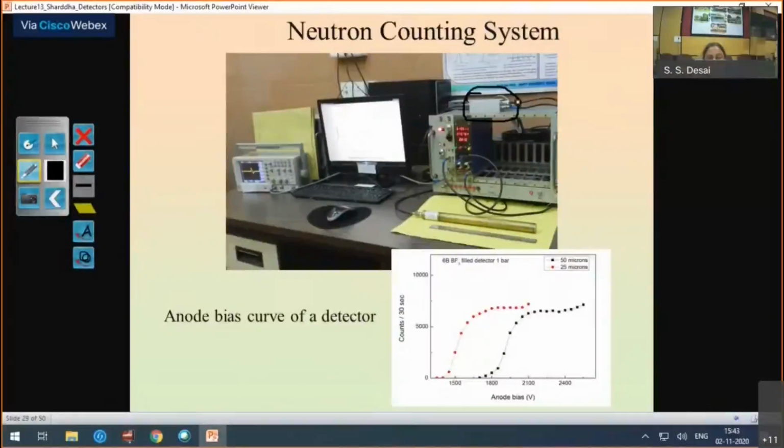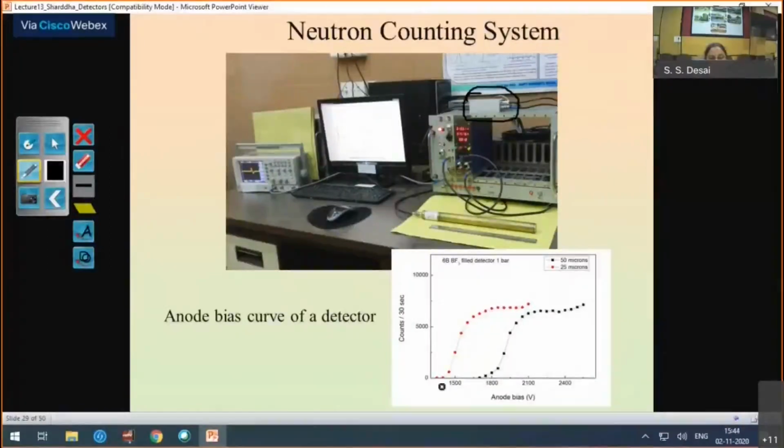preamplifier in which a voltage, HV, is also applied through this to the detector. The output of the preamplifier is given to the spectroscopic amplifier, and after having particular settings of the time constant selection and gain selection, you can get a very good pulse from the neutrons. So here you have a counter scale. So the number of neutron pulses created in the detector circuitry are